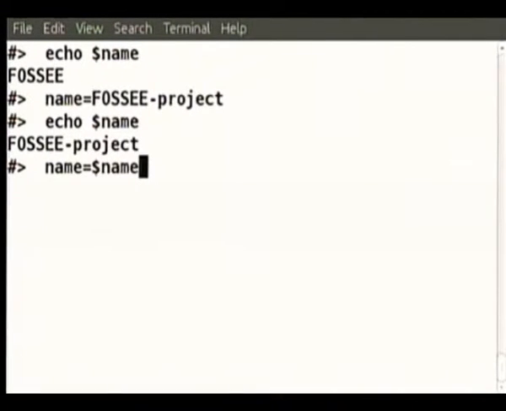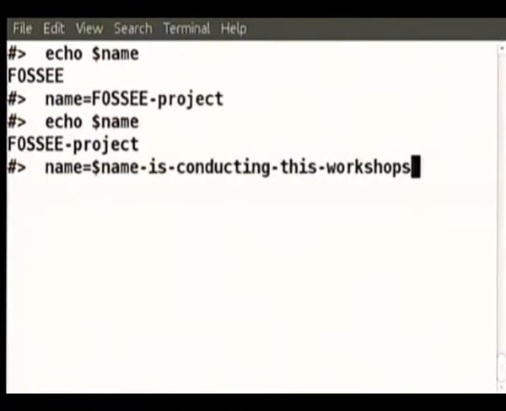Name, and you can add something to this. Yeah, for example, colon. Colon is not really required. FOSSEE project is conducting this workshop. Whether minus sign is important or not, we will see that it might have some other meaning. It's conducting this workshop.